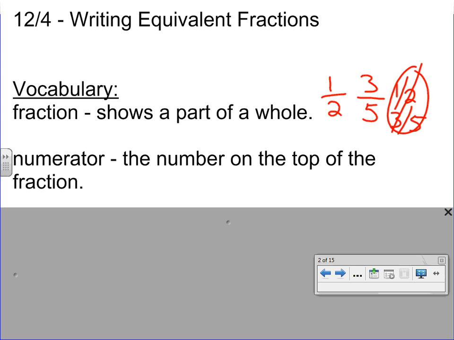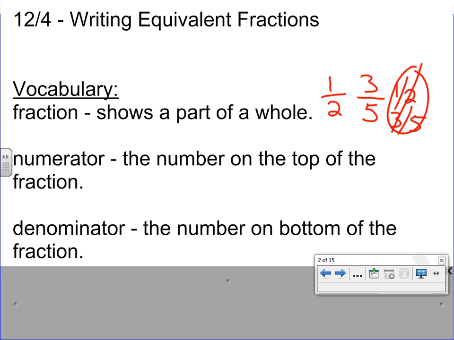Next vocabulary term we have is numerator, and that's the number that's on the top of the fraction. So in those fractions I wrote at the beginning, it would be the numbers 1 and 3. Make sure you use the word numerator. We like to use proper math vocabulary in class, so I hope that you guys will start using the word numerator instead of the number on top. That follows up with the denominator, which would be the number on the bottom of the fraction. And then lastly,